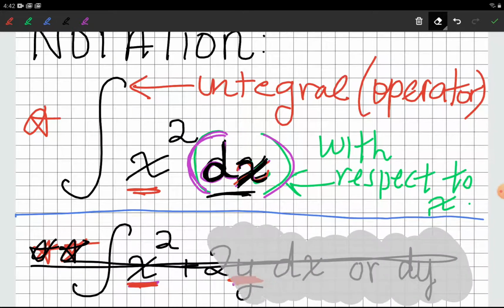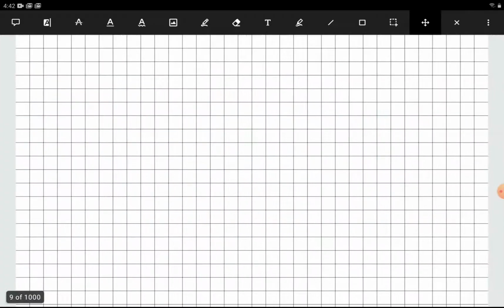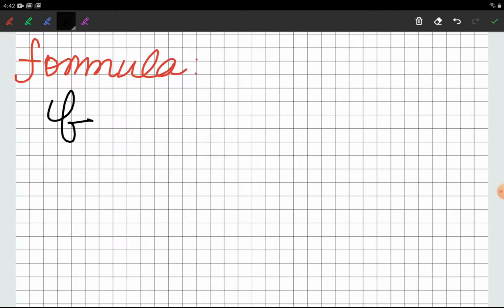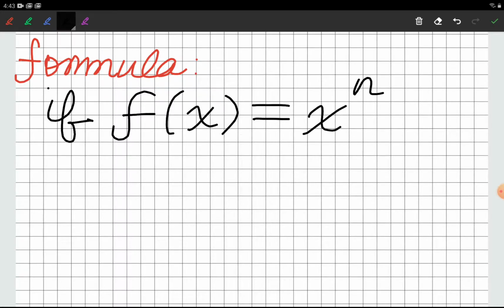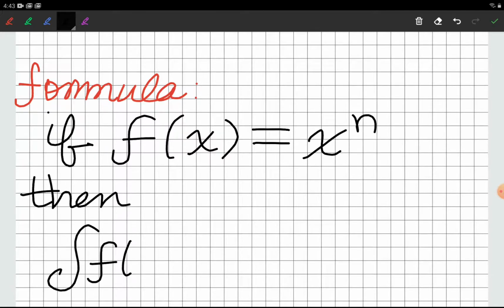So let's move on. We talked about notation, talked about some symbols, what your problems are going to look like. So now let's discuss the actual formula. So if I have a function f of x, which is x to the n, then the integral of f of x, which is x to the n,